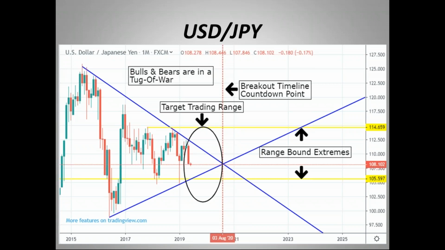So right now it looks like the bears have the momentum, and support is where you're going to look for the market to gravitate towards and keep on prodding, especially if the oil inventories come out very strong. This is a very good thing for everyone globally. The price of oil means cheaper gas, but it definitely is good for a country like Japan that is very reliant on its oil imports. So that being said, we would most likely like to see higher inventories, which would be adding fuel to the fire for the US dollar yen break that's going on right now.